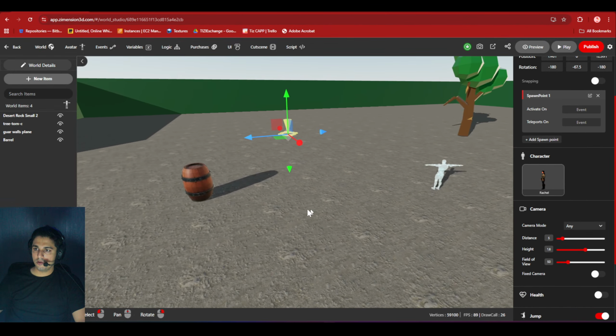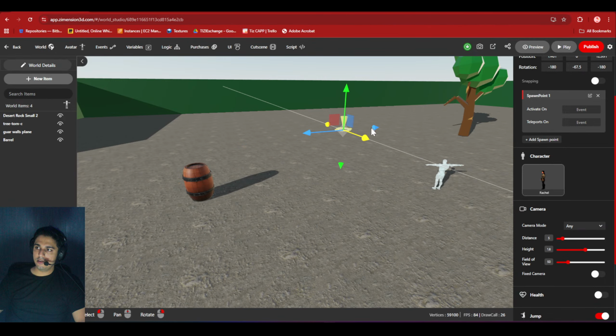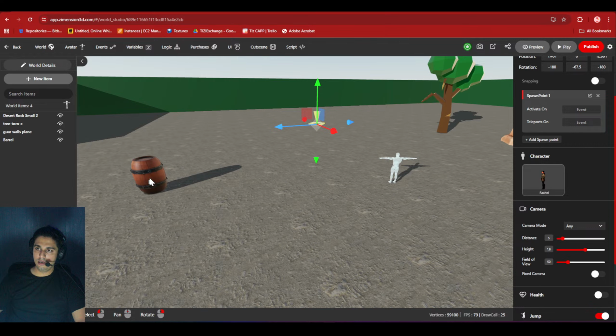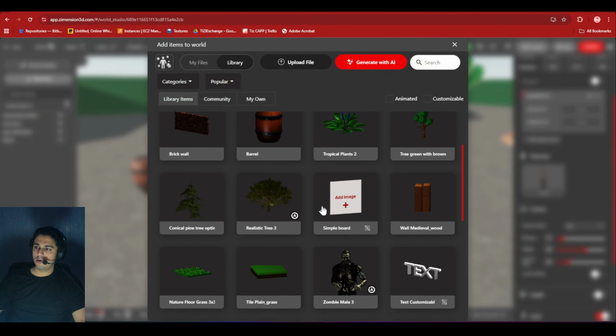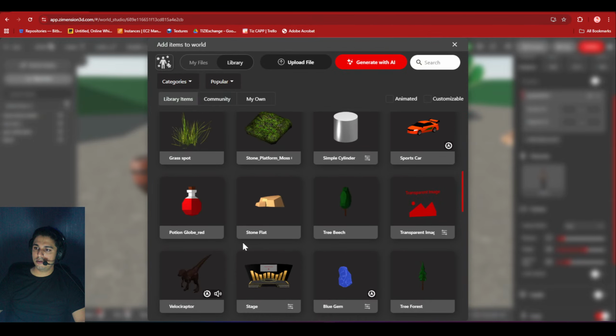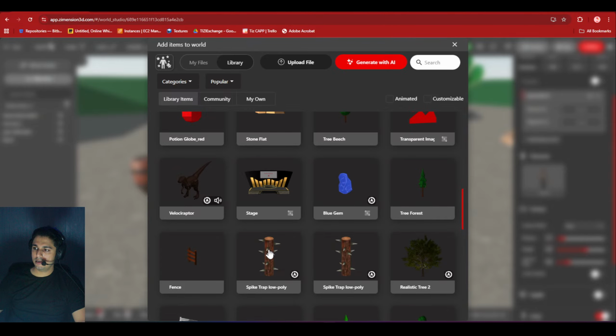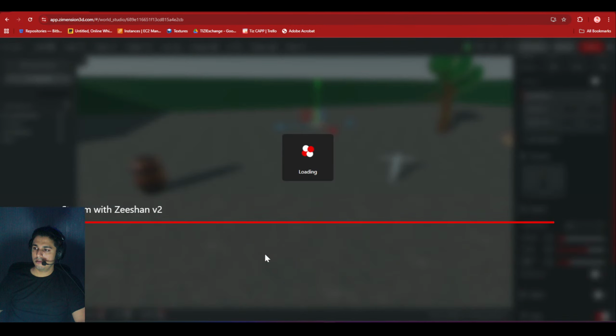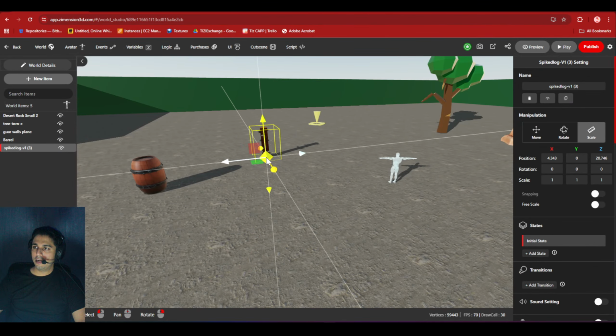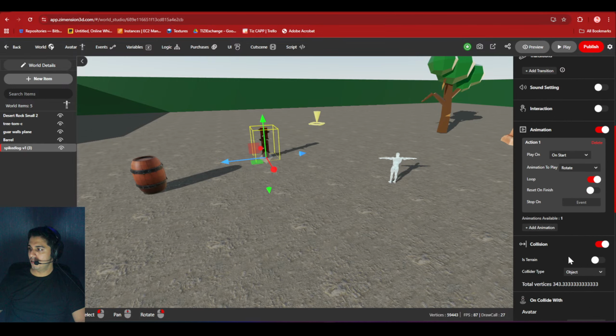So what we will do is we will activate this checkpoint once we interact with this barrel. Okay. So also let me add something where our character will die after just interacting. Let me add this spike so that my character dies once I interact with it.